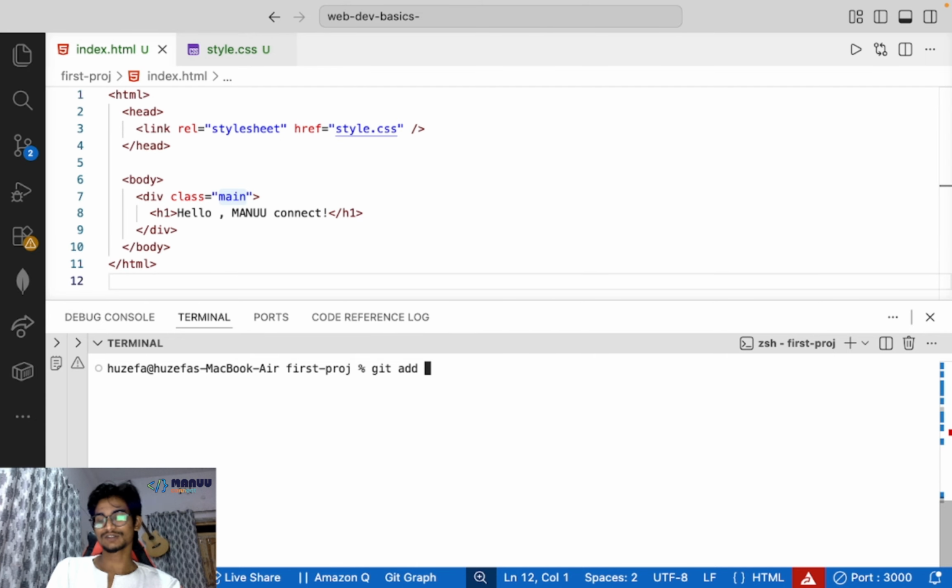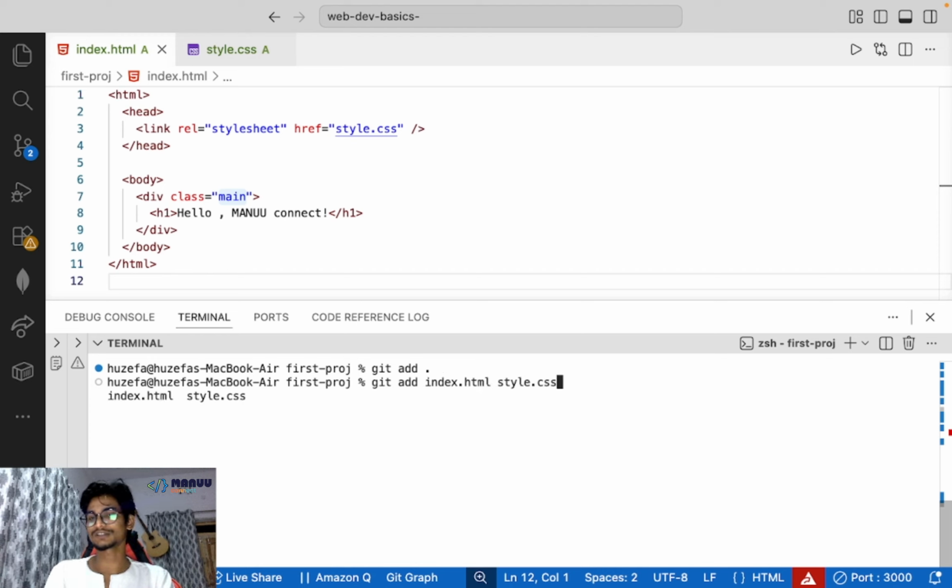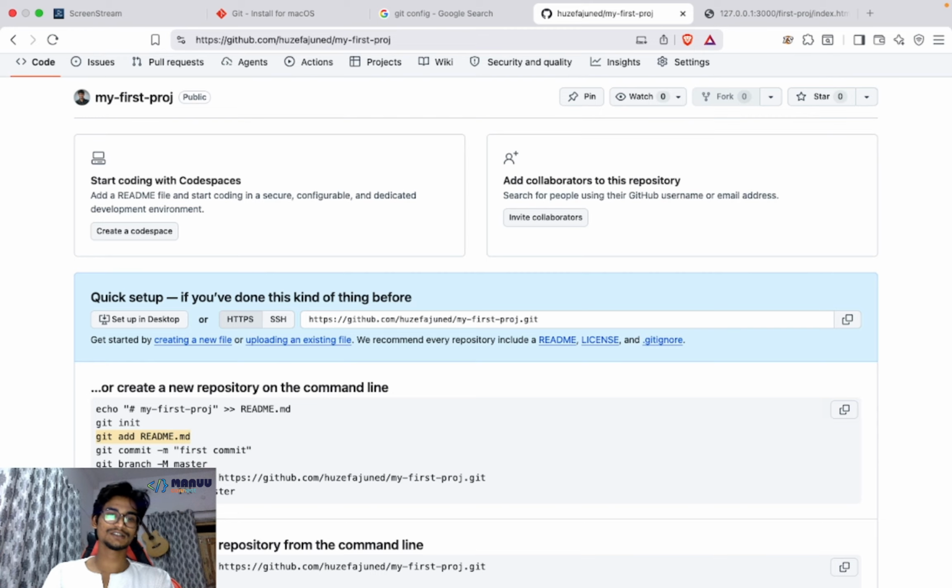Okay. So git add is a command to add a current file or a specific file, right? But if I do git add dot, which means in the current directory, whatever changes have been made, you have to track or add. Simple. If I write git add with a specific file like index.html or index.css, this will track these particular files only, right? But I want whatever changes have been made to be added in Git, right? Perfect.